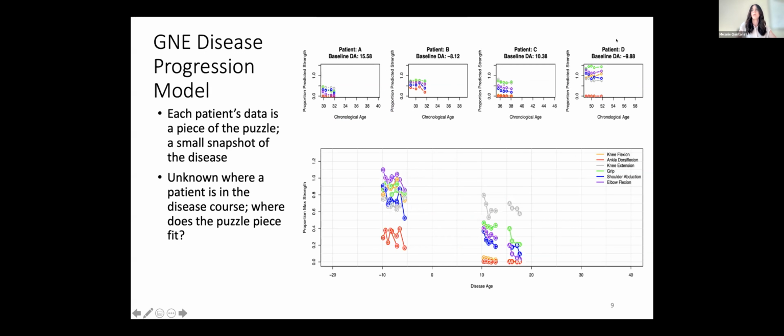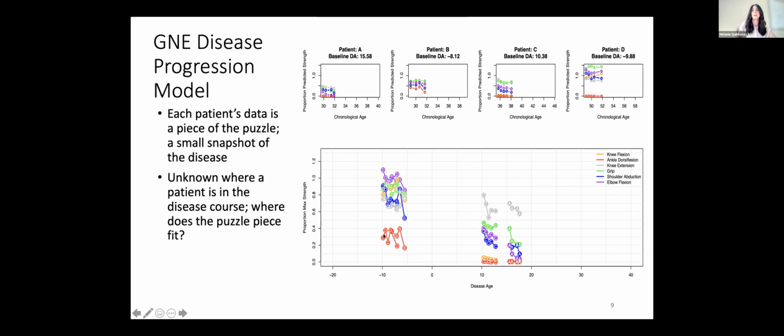So as we mentioned, both A and C look quite similar to one another. We think they're actively progressing on the upper extremities and have completely progressed on the lowers. So they're probably later disease stage. Maybe A was a little bit later than C because C still has some knee flexion and is a little bit higher on the upper extremities. B and D both still had some strength on either the upper extremities or in their dorsiflex.